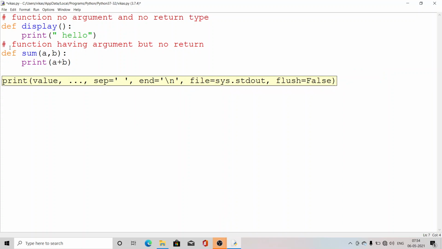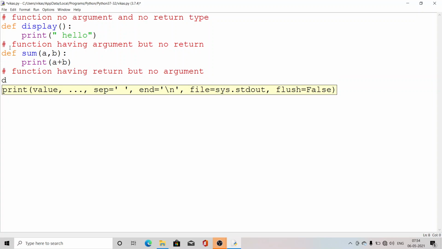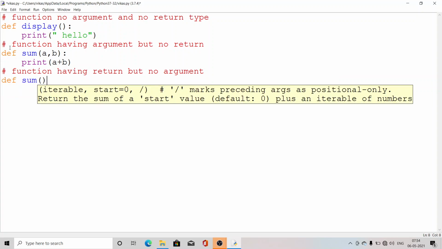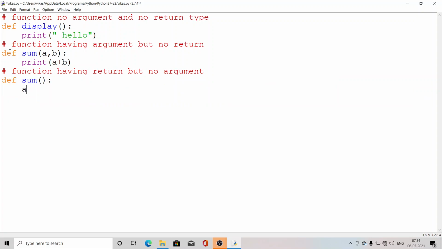So this is a function that has arguments but does not return a value. Now third, functions having return but no argument. So how will we define sum: a is equal to 5 plus 12, and then I am going to return the value of a.